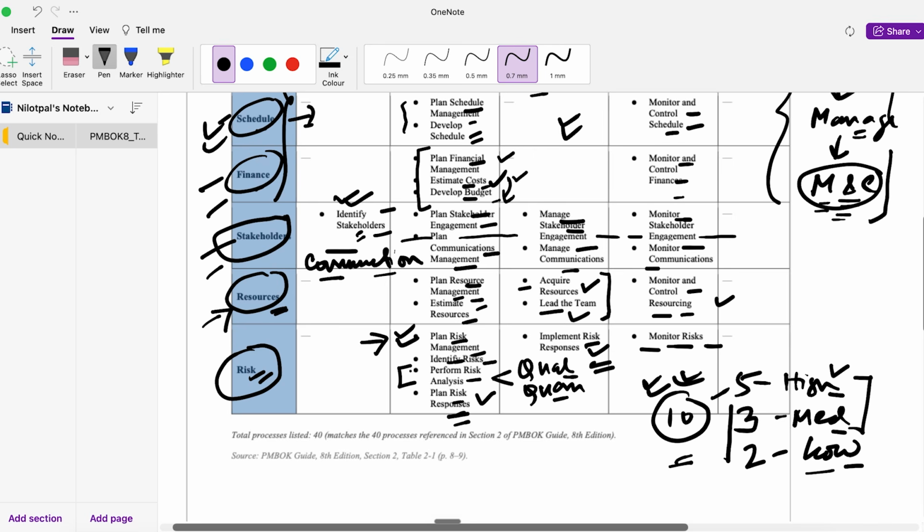It is very important for you to keep in mind that these steps happen in a finish to start relationship, okay? Very important. So you have to plan your risk management first, then you identify your risks, then you perform the risk analysis, and then you plan your risk responses. Then you implement, and then you monitor. Okay. So these 6 steps actually follow a finish to start relationship,